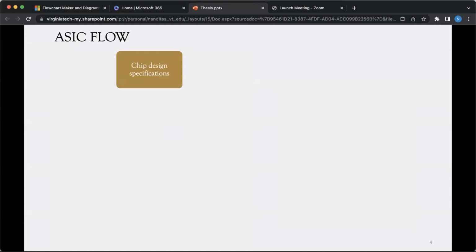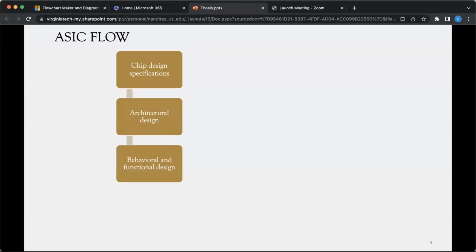What happens in the ASIC flow is that first a specification of a chip is given by the client. Let's say we want to have an air taxi, then the requirements will come, like we want some features which have to work at a certain atmospheric pressure and so on. These high level specifications are given to an architectural design team. The architectural design team sits down and writes the entire document: what all modules have to be used, what all data processing has to be done. Later, on the basis of that document, the RTL team actually codes the functionality of the modules.